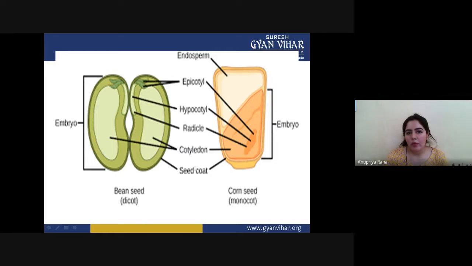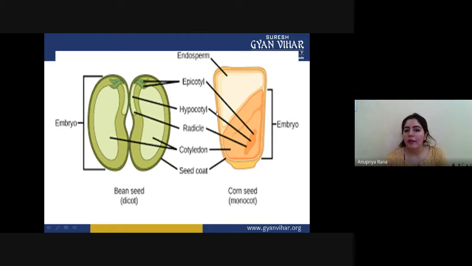Every embryo or seed, when formed, has this dark colored seed coat present on its surface. In the case of the monocotyledon, just one single cotyledon is present. Because of this one single cotyledon, the axis works like this. This portion is their axis. Their axis is basically perpendicular to the normal embryo axis formation. In the dicot the axis is present in the center, but here the axis is present to the side.